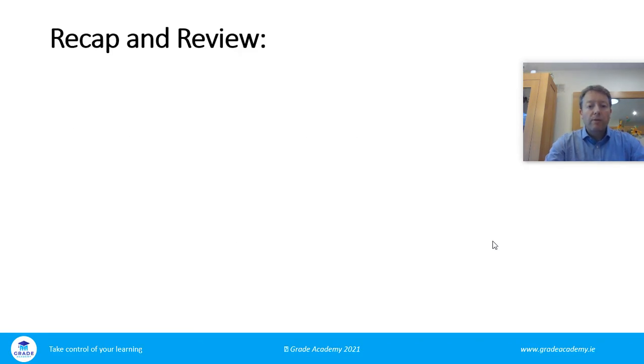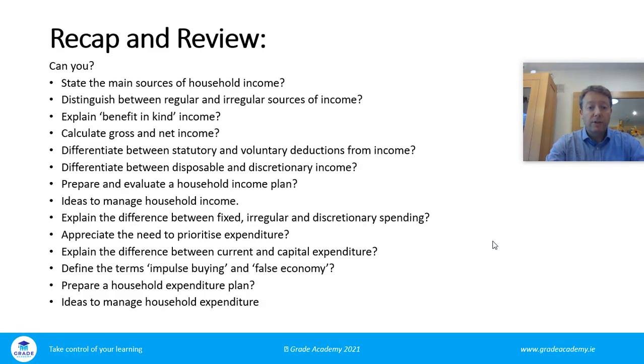So, a recap and review of Unit 2, Income and Expenditure. Can you, at the end of the chapter, know the sources of household income, the difference between regular and irregular sources, benefit in kind, be able to calculate gross and net income, differentiate or show the difference between statutory and voluntary deductions, differentiate between disposable and discretionary income, prepare and evaluate a household income plan, ideas to manage household income,